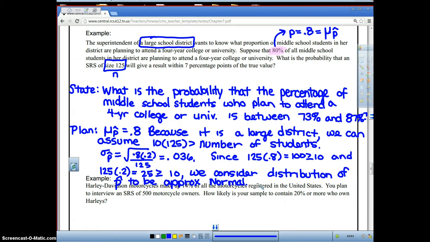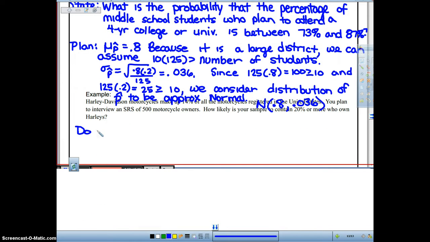Okay, so that means that my distribution of p hat is normal with a mean of 0.8 and a standard deviation of 0.036. So I am looking in the do part for the probability that p hat is between 0.73, because I'm looking for what is the probability that the proportion in one sample, so p hat is one sample, between 0.73 and 0.87. So I draw my normal curve,